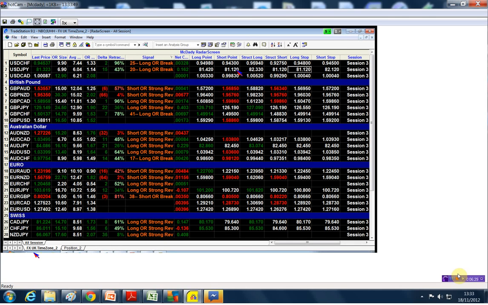On the short side, I'm only going to go short below 81.12, and that is my structure short point, and of course it is my short stop. Okay, that is the dollar yen. Let me save it, and if anybody has